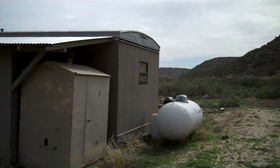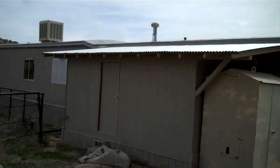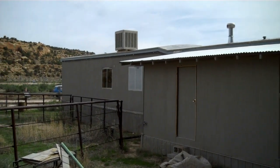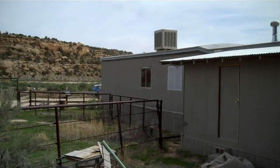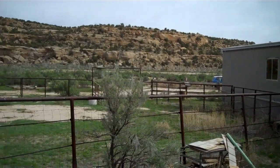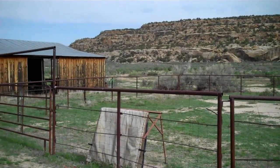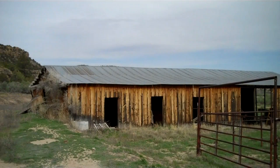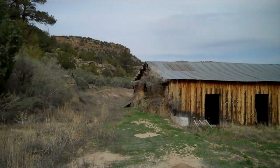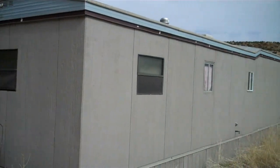I'm around on the back side of the single wide. This unit's been completely re-insulated and it's in pretty good shape. We've got a pole corral here between the house and the barn, and we've got access all the way around the back here. Down on the other side of the house,